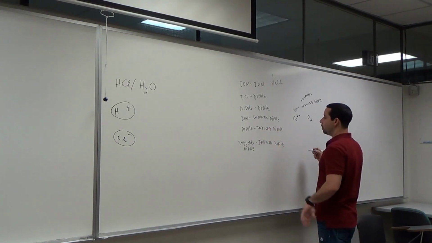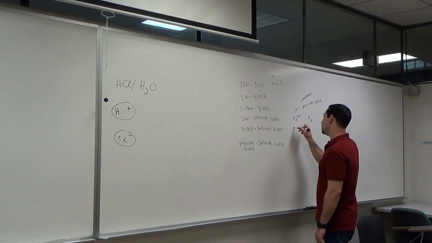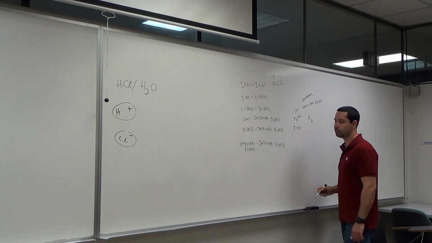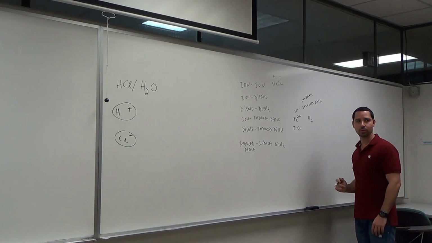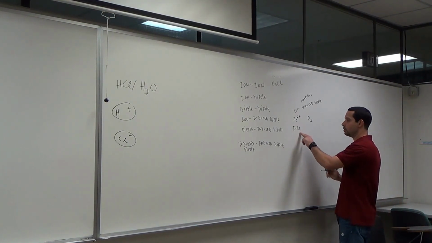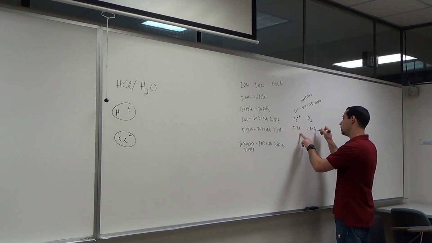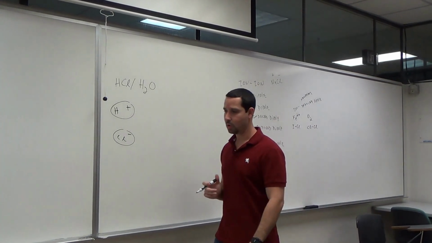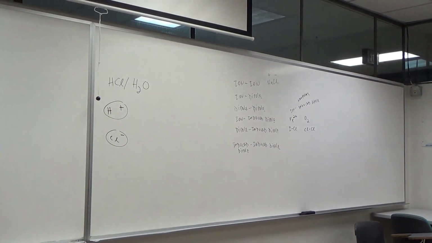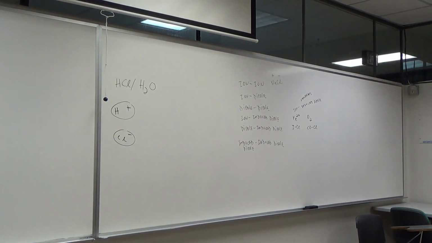And now this dipole is something that has a dipole like, let's say, ICl. Does that have a dipole? Yes. That has a dipole. And ClCl, does that have a dipole? Nope. It does not. So if those two things, now sometimes you have no way of knowing whether something